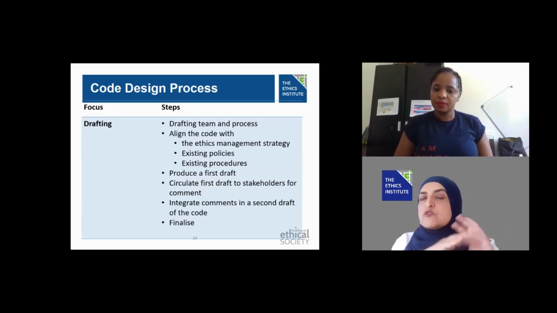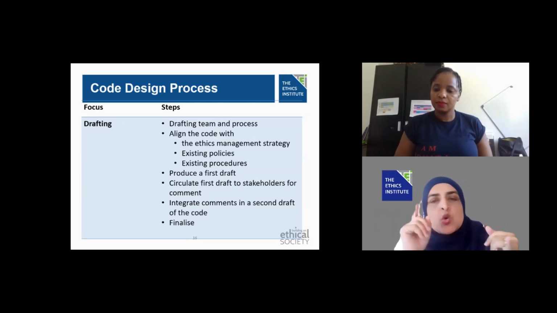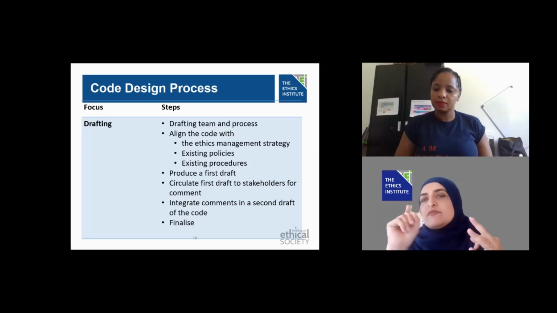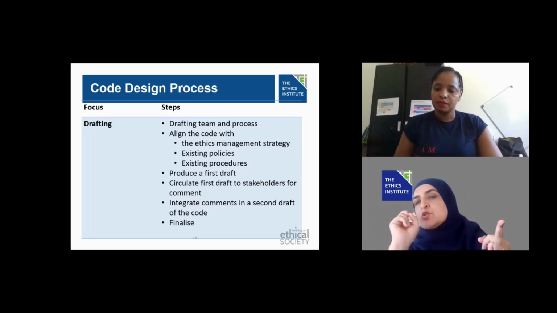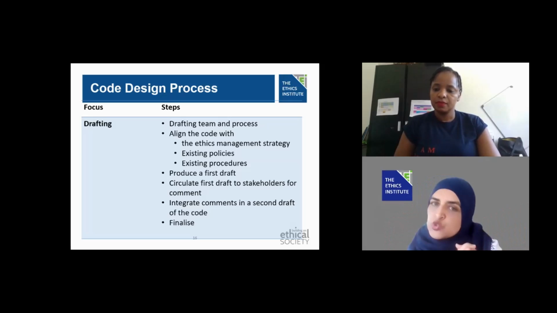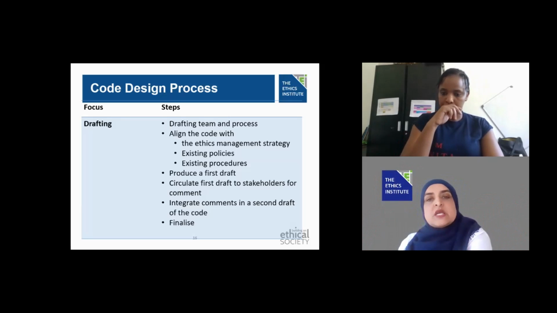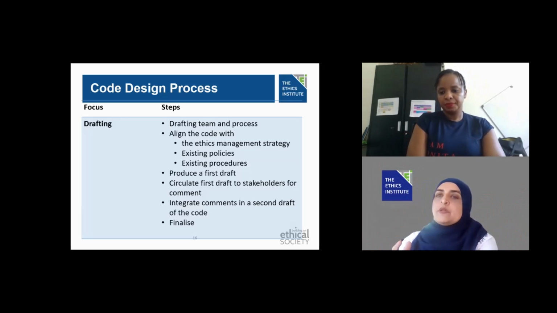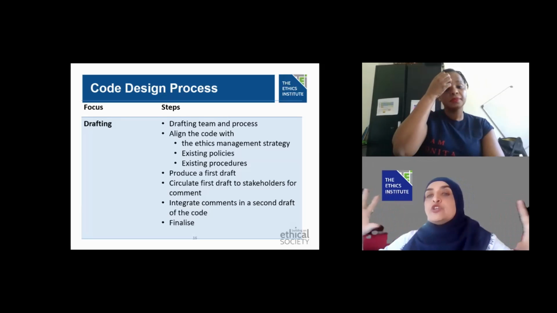Then you need a process of drafting, and you need to ask yourself this question: what is the plan for drafting within my organization? Who's going to do it? Are we going to have a drafting team? Who takes overall editorial responsibilities? How do we ensure alignment with our broader regulatory universe? Then what is the actual process? Are we going to have a first draft? Who are the stakeholders? What is the process of managing the stakeholders? Then what's going to happen in terms of getting the final draft? How are we going to finalize?